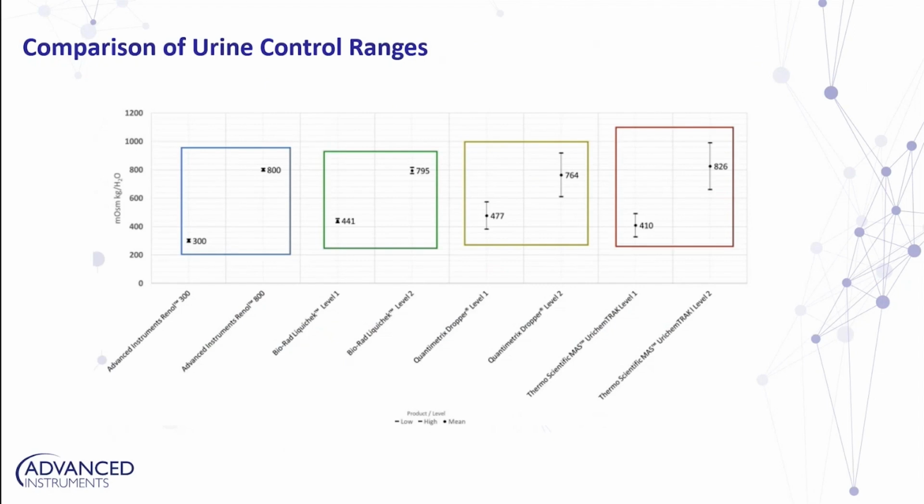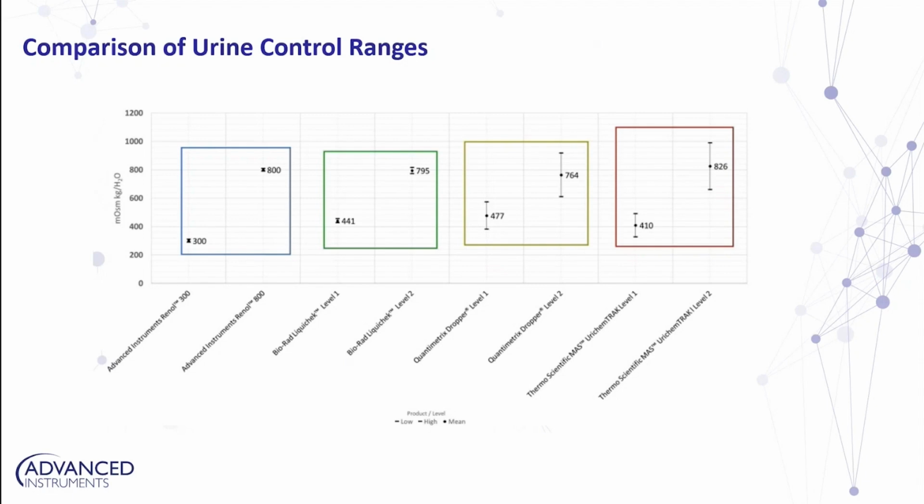Unlike serum osmolality, urine osmolality values range widely depending on many variables, such as hydration status. For a healthy adult, urine osmolality values can range from 50 to 1200 milliosmoles depending on the subject's fluid intake. Not all control solutions offer reliably tight ranges, as a small difference in a patient's urine osmolality value can be diagnostically significant. It is important that controls have a tight acceptability range so operators can detect a small shift